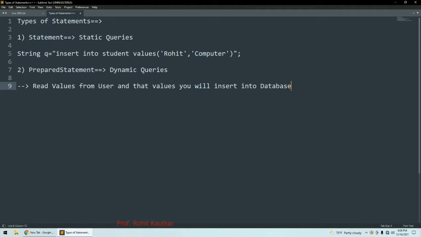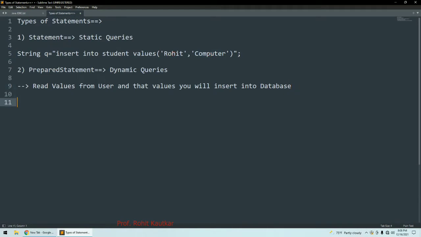The values are not fixed. In the first run values may be different, in the second run values may be different. Values are getting changed. Such kinds of queries are called dynamic queries. In order to execute such queries, you can use prepared statement. In prepared statement, values are not specified. Here I have specified values of first name, branch.